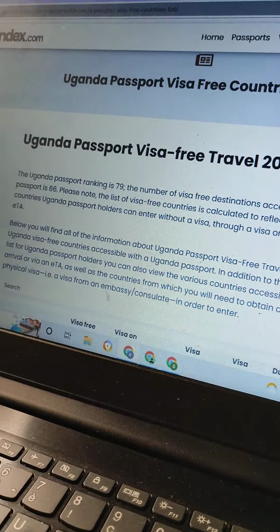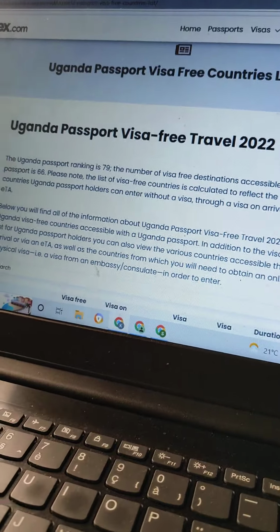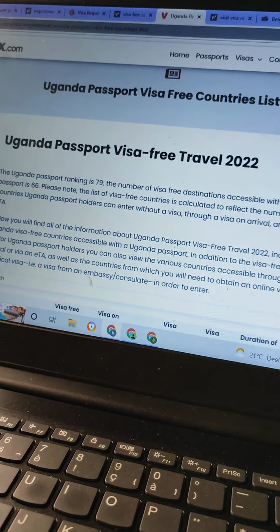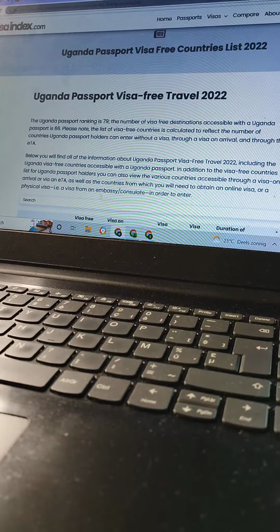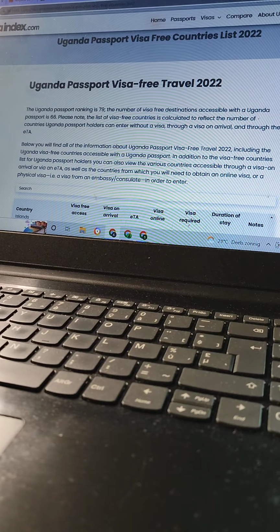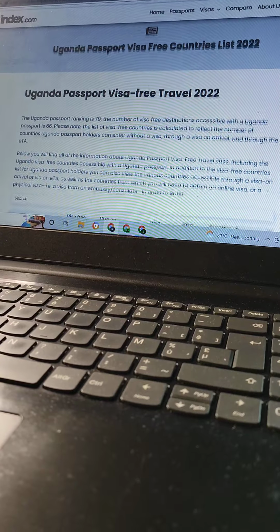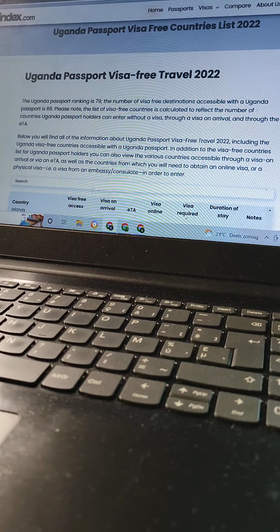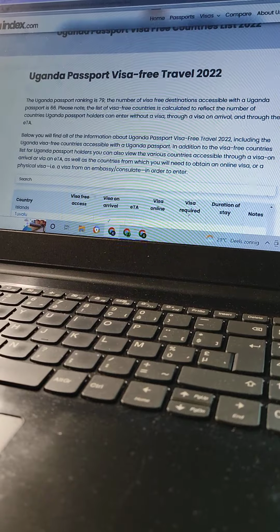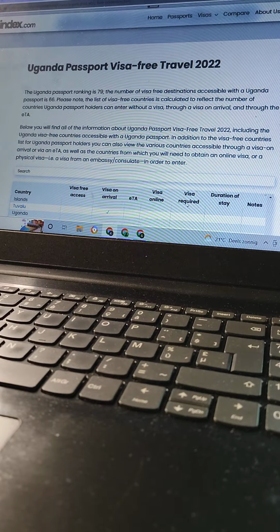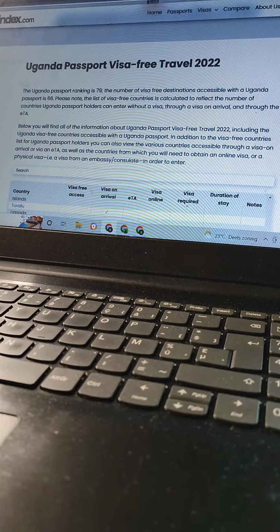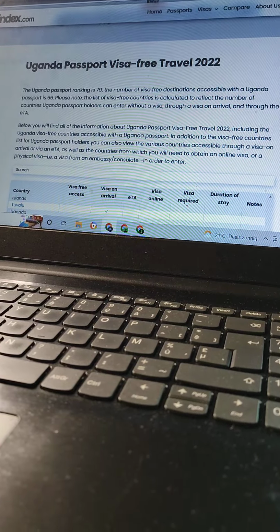There are countries where you can go without visas. If you are a Ugandan, or a Nigerian, or Ghanaian, or Malaysian, there are countries that you do not need a visa to go in. What you need is to get your passport, pay your ticket, and travel to those countries.